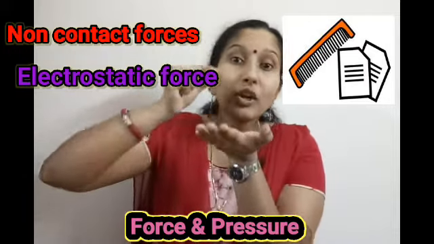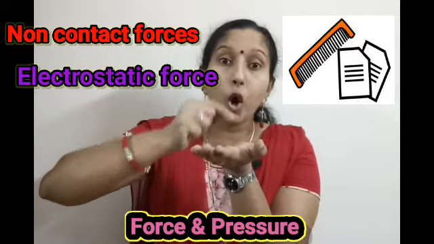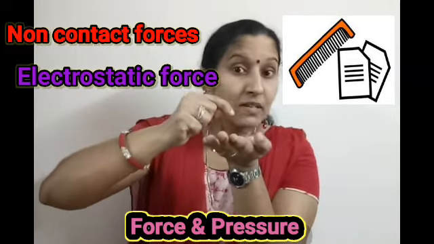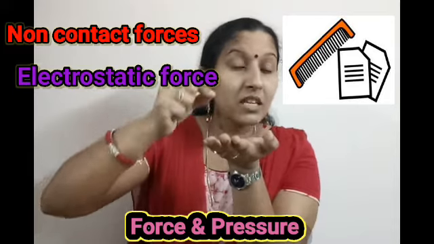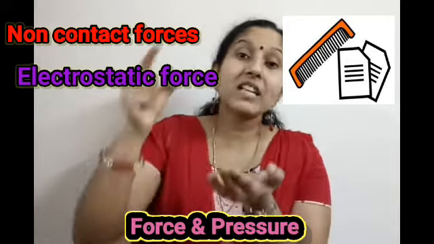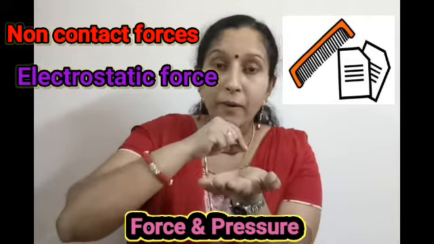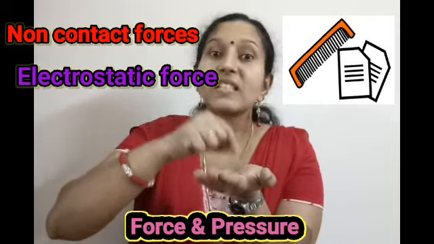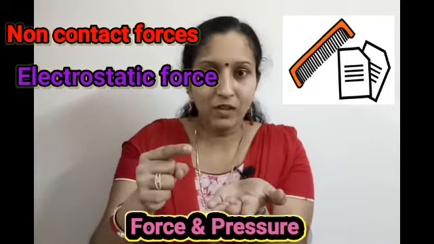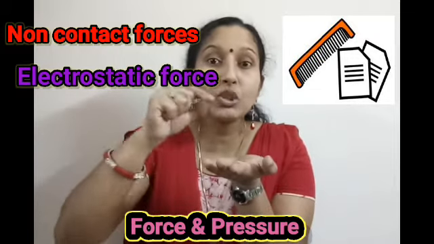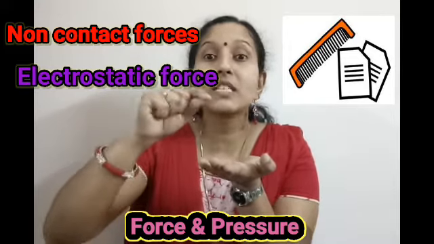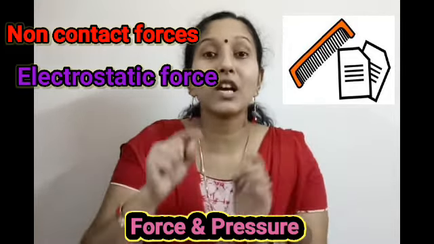And when we show that charged plastic comb or plastic scale towards a piece of paper, what happens there? You see that charge is transferred to a small piece of paper, which means that paper also gets charge. So now you can see two charged objects, right? If there are two charged objects, there you can see some force. That force is electrostatic force.